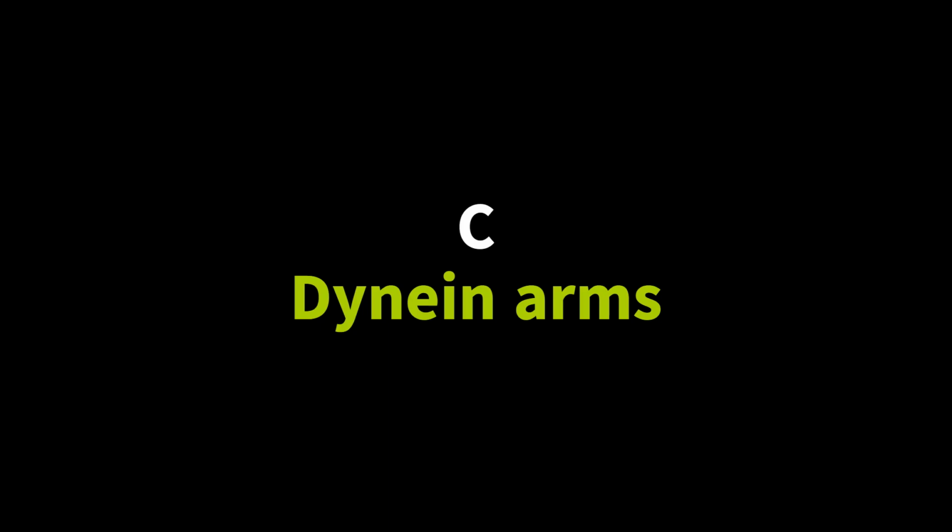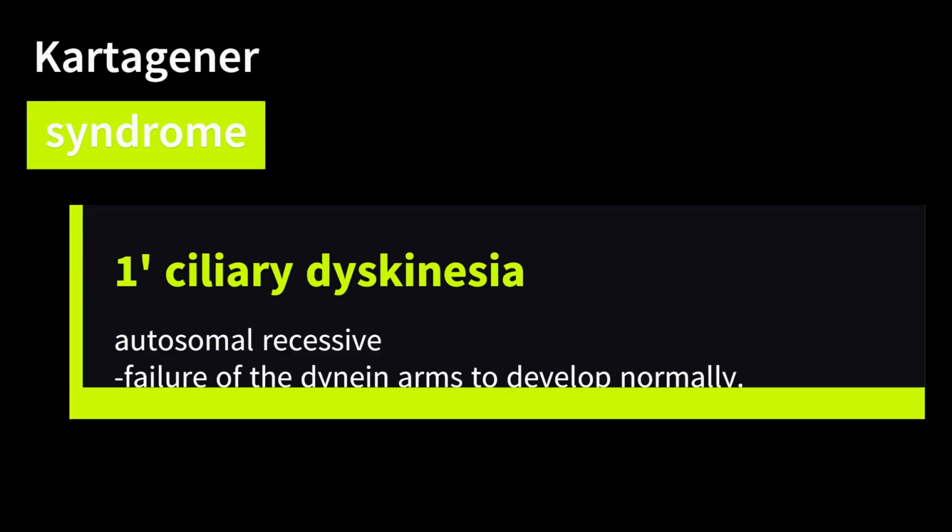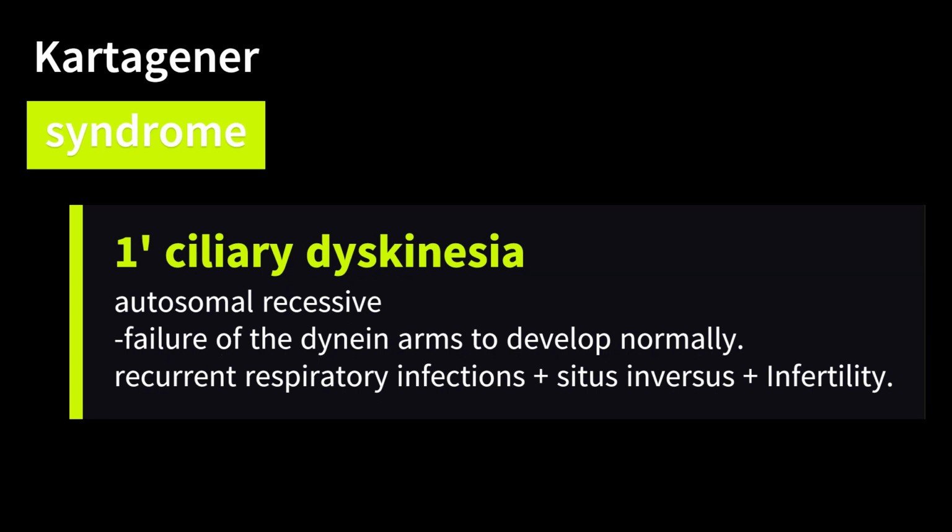Congratulations if your answer is C, which is Dynein arms. This question is designed with the focus to assess your ability to apply foundational science concepts. This patient's history of recurrent respiratory infections and dextrocardia on physical examination are suggestive of Kartagener syndrome, a form of primary ciliary dyskinesia. This autosomal recessive condition is caused by a wide variety of mutations that impair ciliary structure or